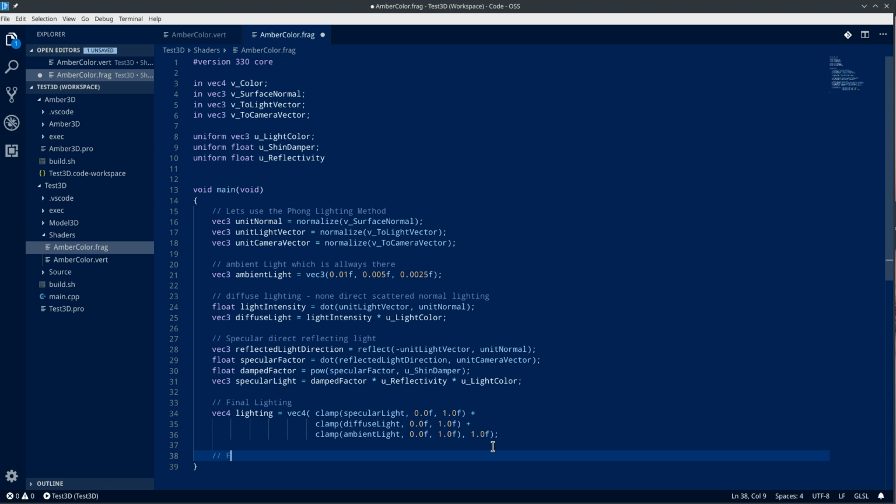The final fragment color is a special value. Very special value. It is gl_FragColor, with a capital F, capital C, spelt the American way, equals